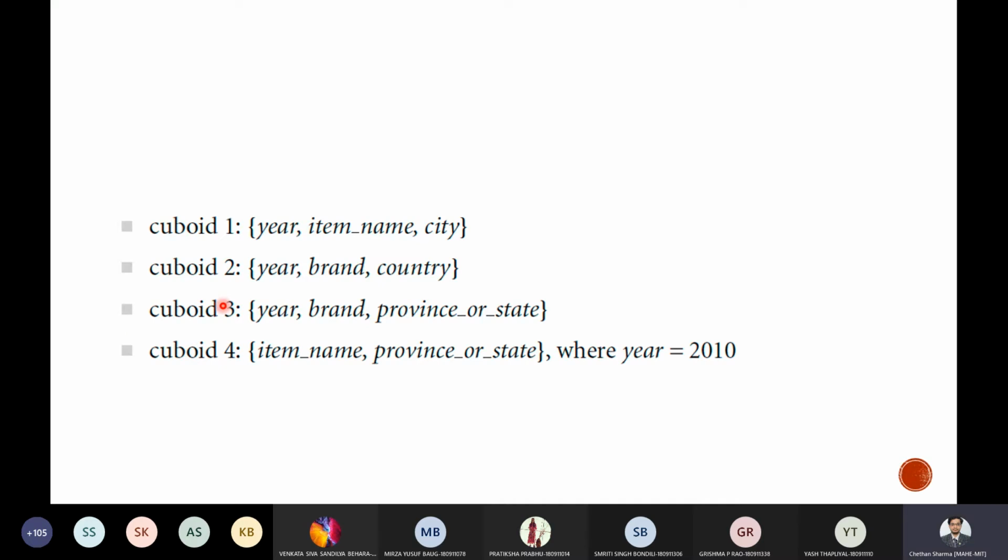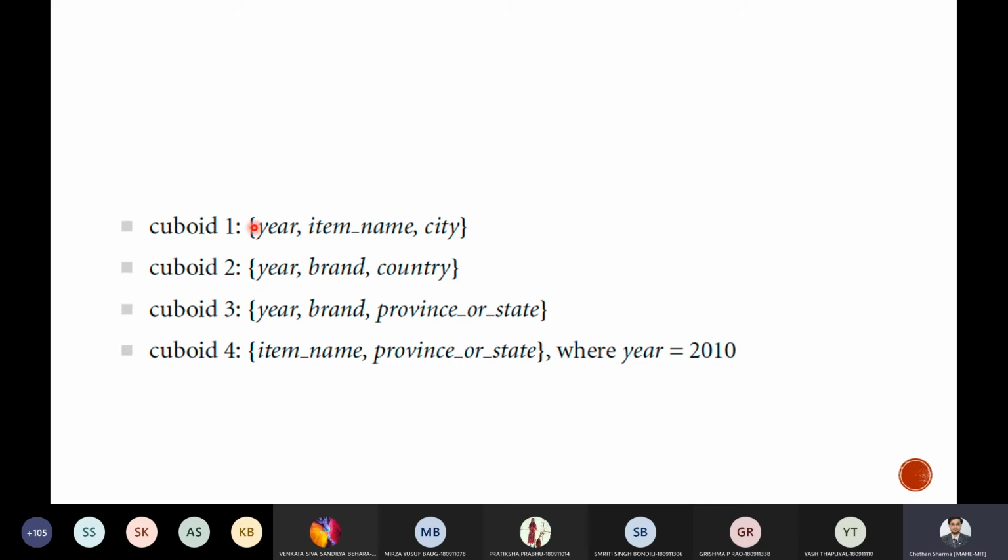So you can select 1, 3, or 4, but there should be some cost. Like cuboid 1 may be more costly than cuboid 2. Then cuboid 2 might be more costly than cuboid 4. Cuboid 4 might be the least costly when compared to 1 and 2. 2 is anyways discarded. So between 1, 3, and 4, if 4 is least cost, you will be forced to choose it, or if you choose 4, it will be a better option. So how would the cost of each of the cuboids compare if used to process the particular query?